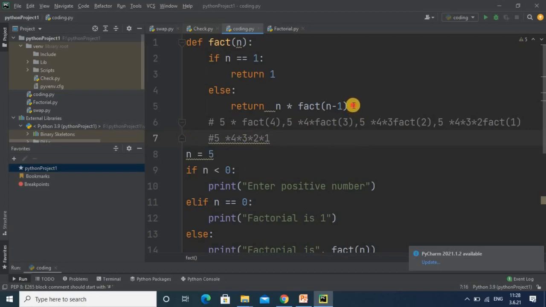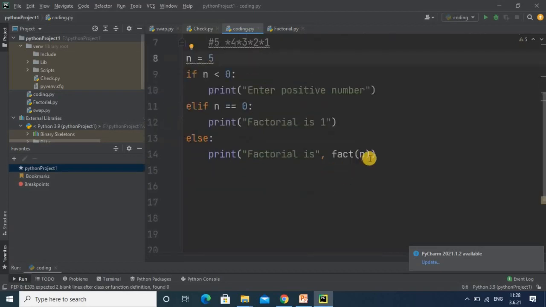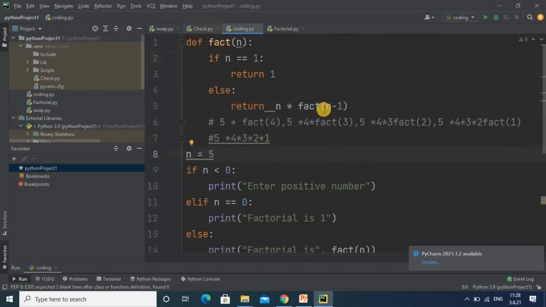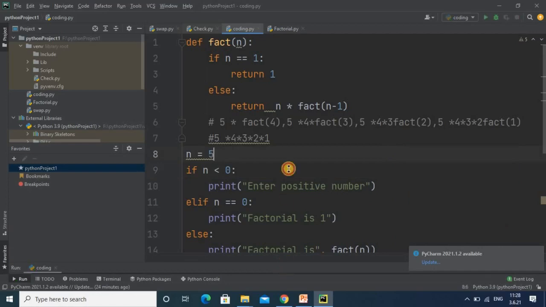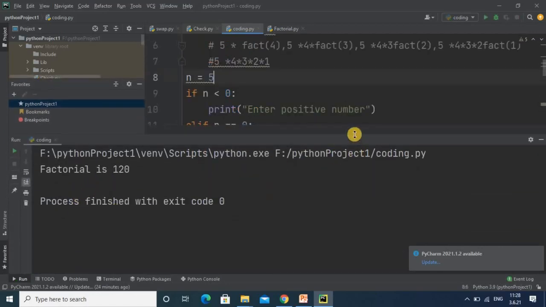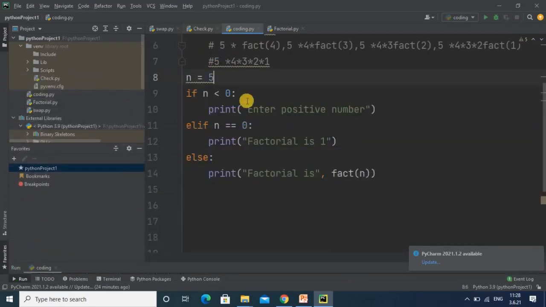It happens only because of this statement, and whatever result comes, that value is collected by the fact function. In this way this function will call itself again and again, and that's the reason we are getting the final output. If we go to the output, this is the output of your program, and if you do it for the number 1, your output will be 1.